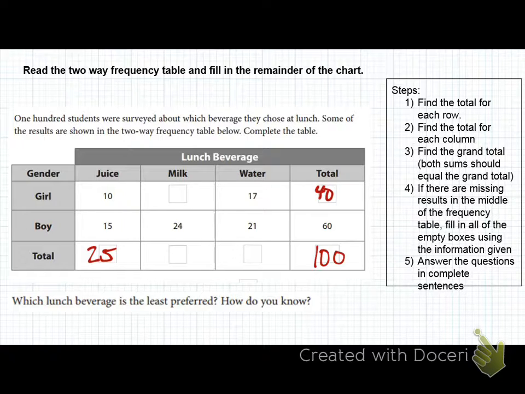Okay, someone else start filling it in. Tommy. The milk is 13. The milk is for the 13 girls. No, for the girls. Did you see how he had to fix himself? Right? So you want to categorize it. The girls who like milk, there's 13 of them, right? Yes. Good. Someone else, Ryan. You had your hand raised. The total amount for water is 38. Good, 38. Good. Keep going.